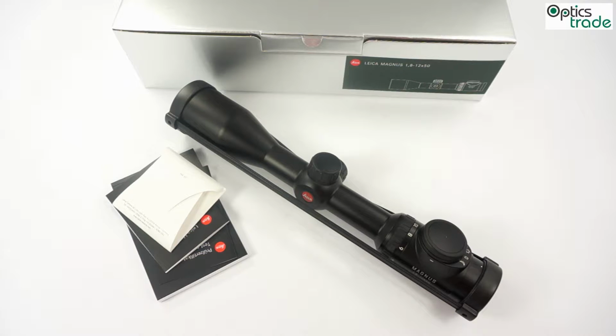Hello and welcome to this new video review about a Leica Magnus 1.8-12x50. This scope was introduced at IWA show 2015 in Germany, in Nuremberg, and it completes the line of Magnus